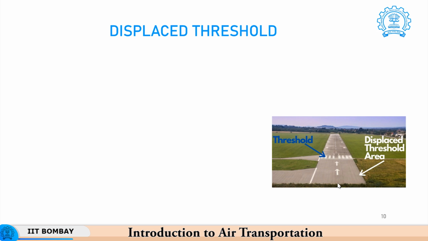although the airport can handle the landing even at this point, because there is a proper constructed runway, because of some obstacle limitations there will be a control on the angle at which you arrive, and if you are arriving within that angle and you still are not able to clear the obstacles on the way, because there is a high altitude building or a high altitude structure in the approach path, therefore you need to approach from above that, and so your angle of approach will be much larger. So, to avoid the danger of approaching at a very high angle, what is done is the threshold or the aim point is displaced from this location to this location, and this information is communicated to the pilot using manuals, but